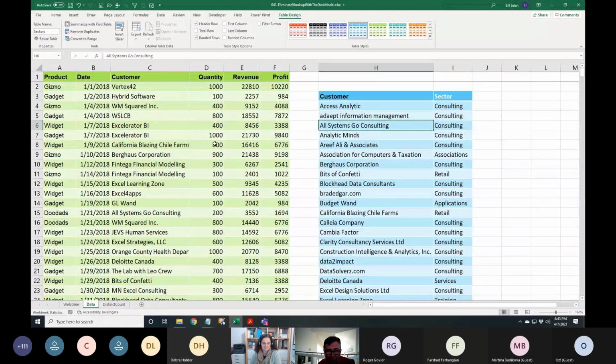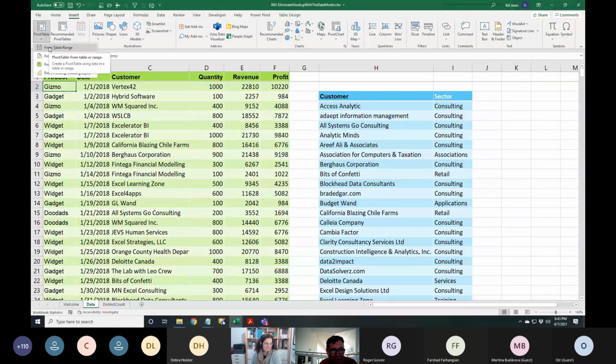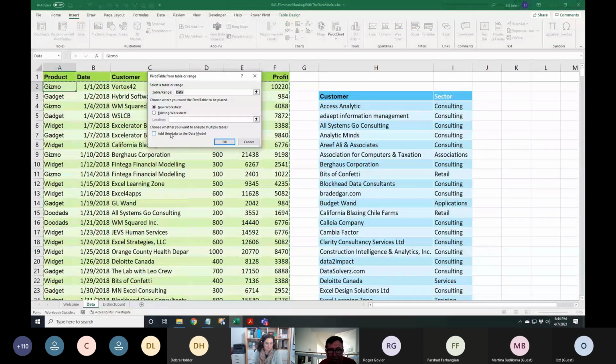All right, and what I want to do is I want to create a pivot table from these two tables without doing XLOOKUP or VLOOKUP. So I start from the original data set, insert pivot table from table or range, and the most important thing, add this data to the data model. All right, that says we're going to send it to the PowerPivot engine. Click OK,